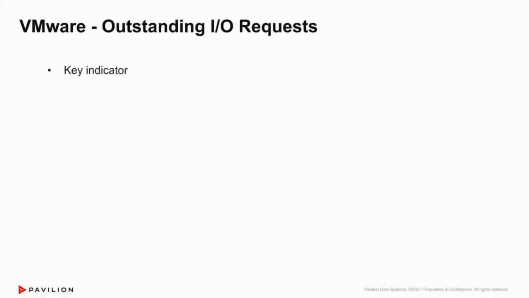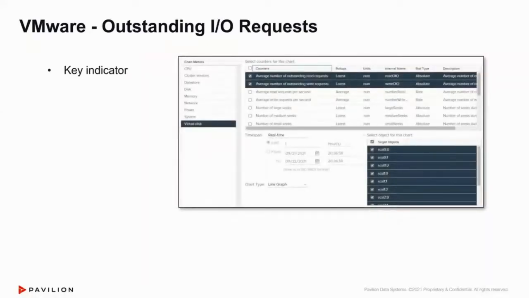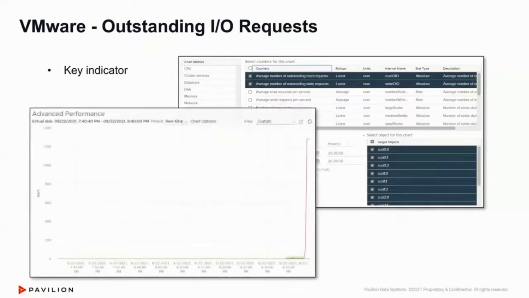The ready time values, wait time per dispatch, these are key indicators. There's another one from storage that I really want you to know about. If you pick the virtual machine, go to virtual disk and go average number of outstanding read and write requests. It lists it by connected drive. This is an absolutely critical key value that says something in the hypervisor or that physical server is holding back